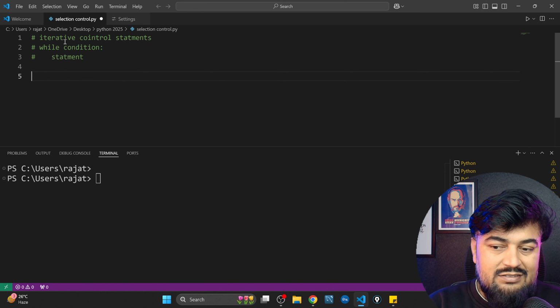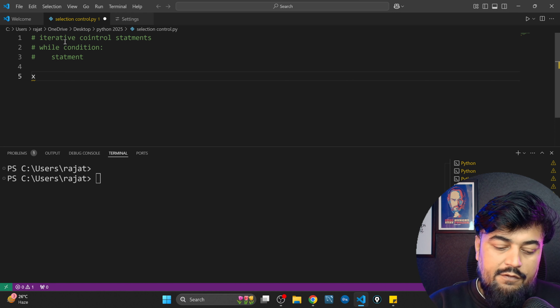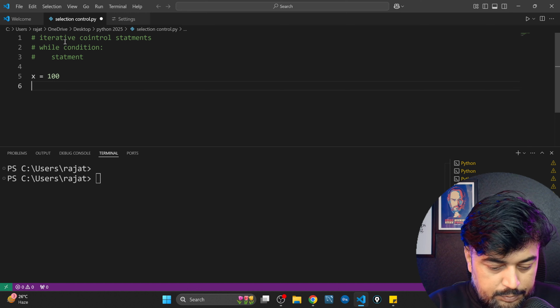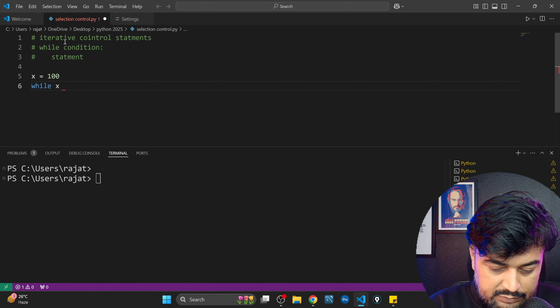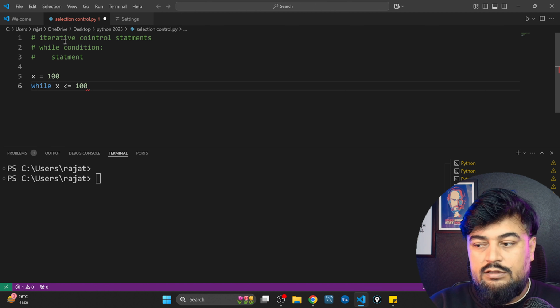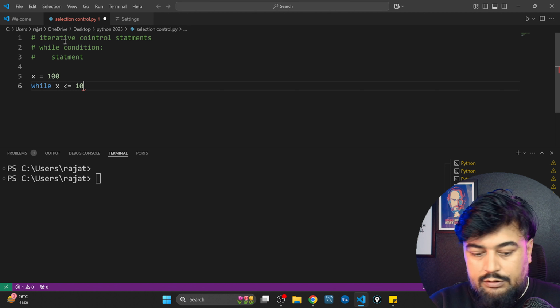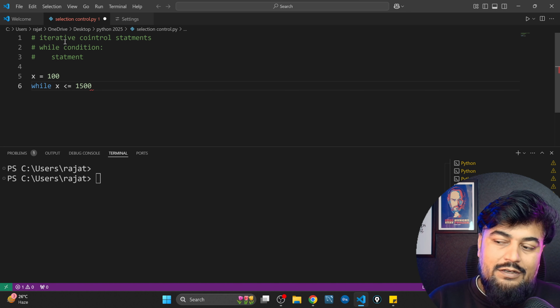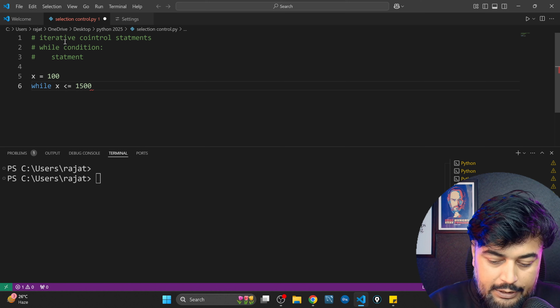Now if you want to understand it, it's very easy. Let's say I have a variable x which has a value of 100. Now I want to use a while loop for a specific condition. Let's say while the value of x is less than or equal to 1000, or maybe let's say we'll write 1500, so that we can see more evaluation here. So the value of x starts from 100 and I'm giving while x is less than or equal to 1500,